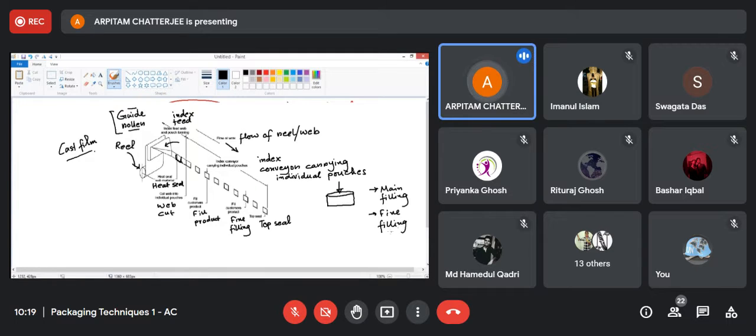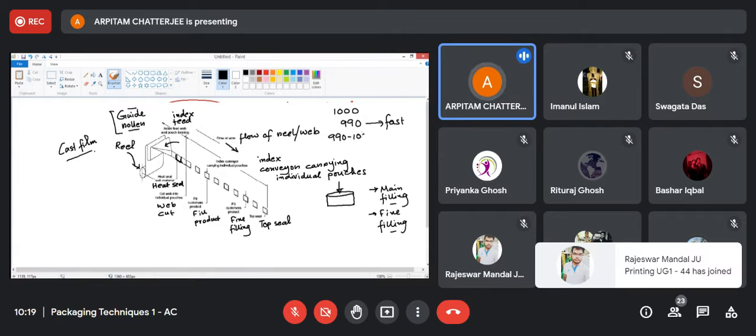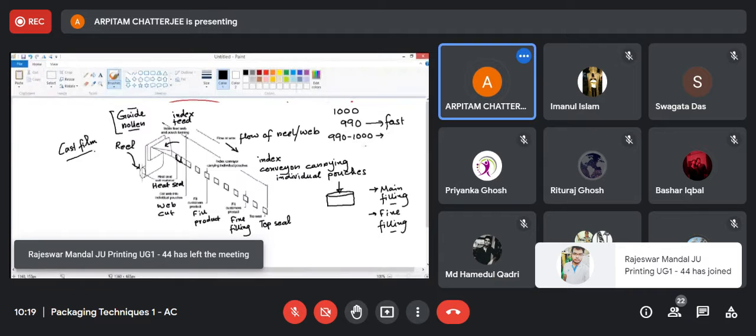It is something like if you have gone to the petrol pump and asked for 1,000 rupees of oil, then you will see that up to say 990, it goes very fast. Then from 990 to 1000, it goes a bit slower, right? So that you get exactly 1000. This is the same way over here.